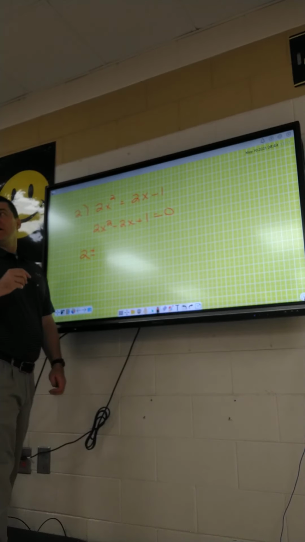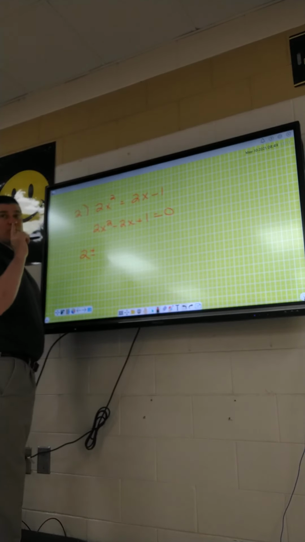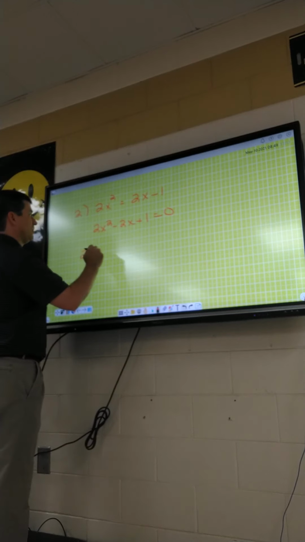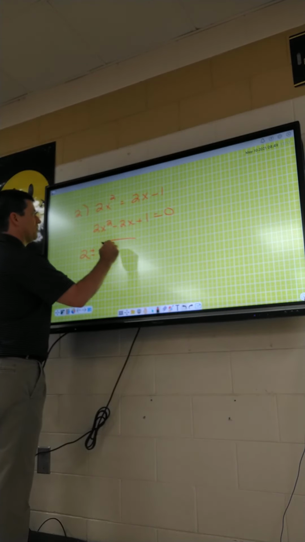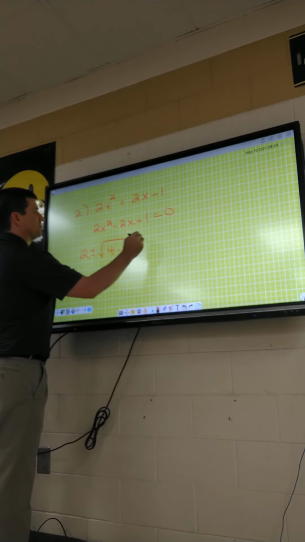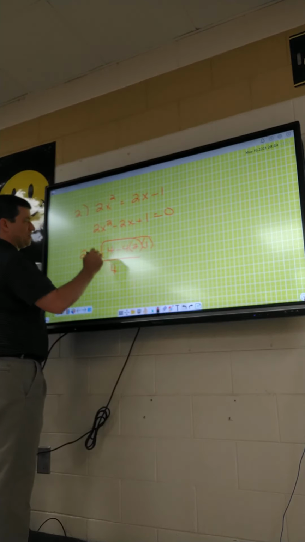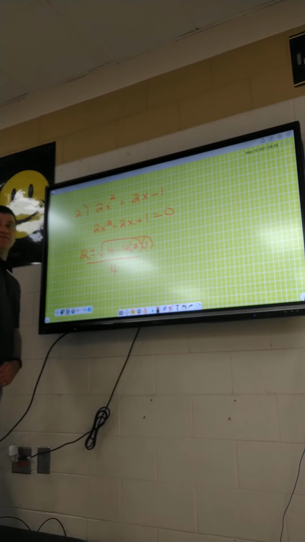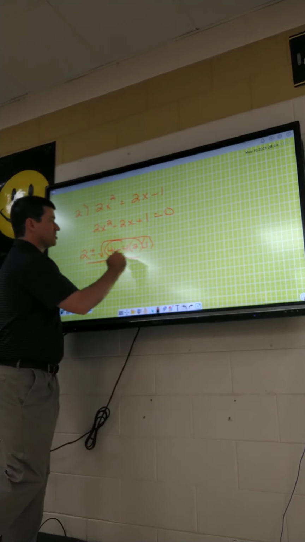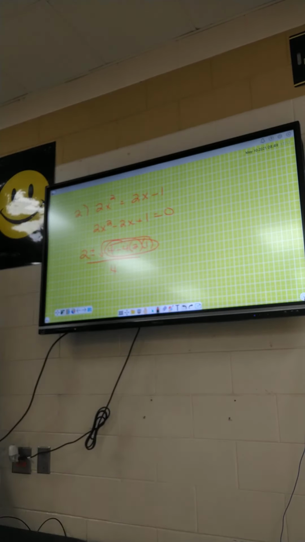It gave you domain error. All right, so don't plug in your square root symbol. 2 plus or minus 4 minus 4 times 2 times 1. All right, Sarah's absolutely right. If you guys plug in the square root symbol, it's going to give you domain error. So we need to know, just plug in the numbers, and what's that going to give us up under the